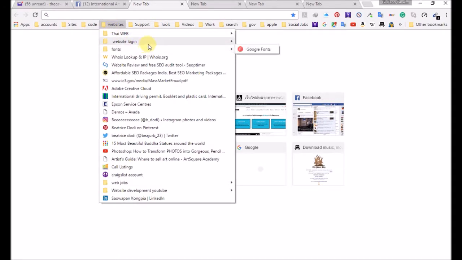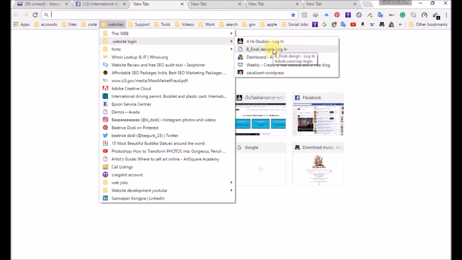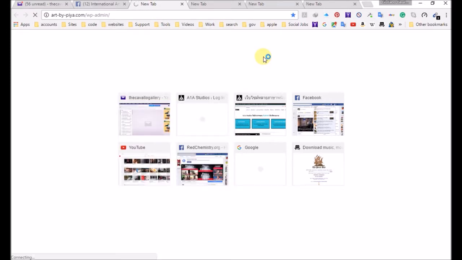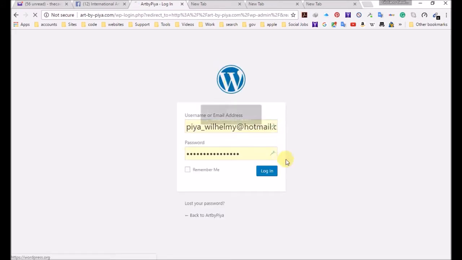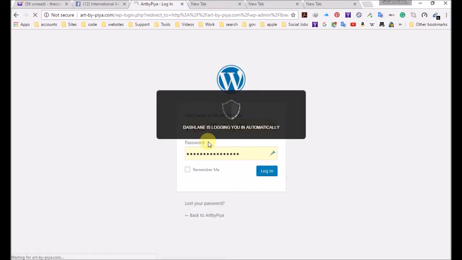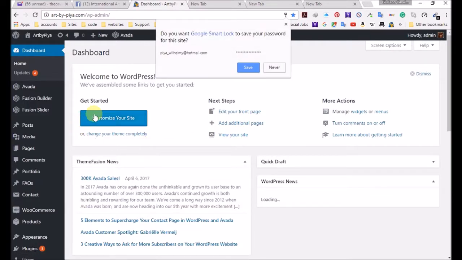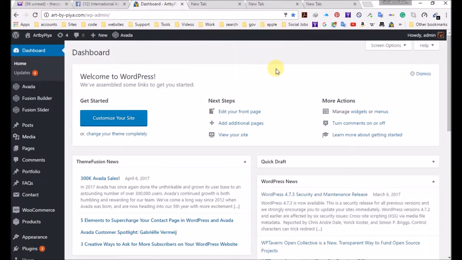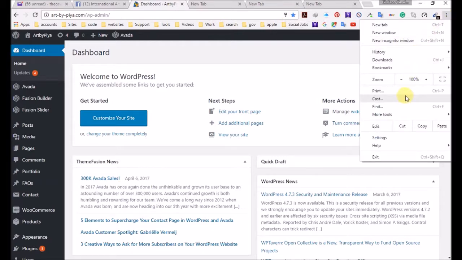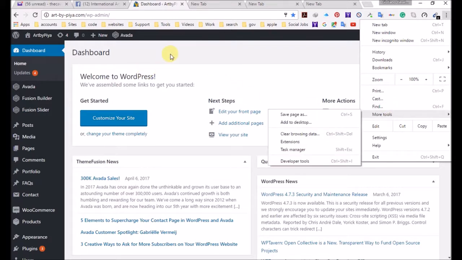I'm gonna go really quick to my WordPress for this project. As you can see, Dashlane is logging me in automatically. Okay, so here we go. I'm not gonna save the password to the browser. This is a new feature from Google Chrome. You can save all your passwords in your browser. I don't know if it will save them to your cloud or whatever. I don't trust it. So anyways,